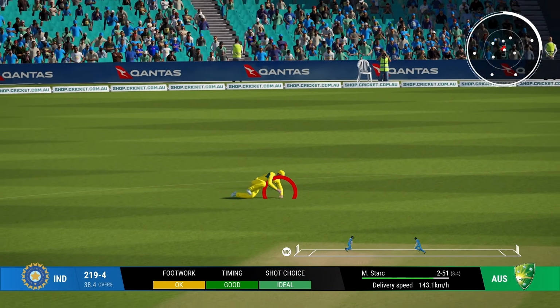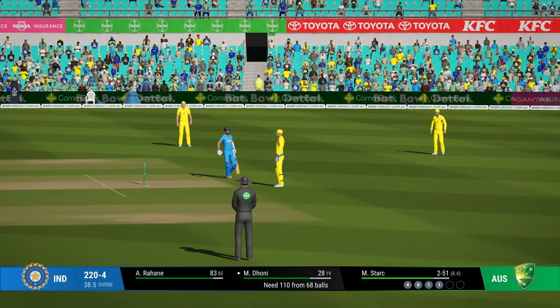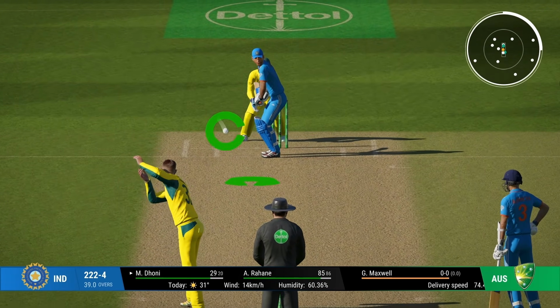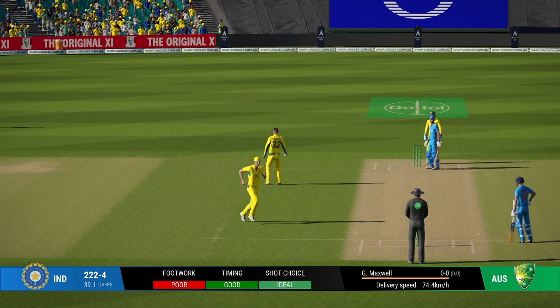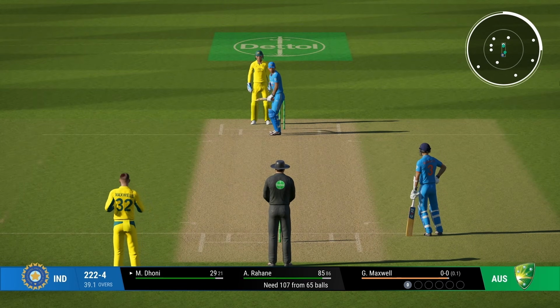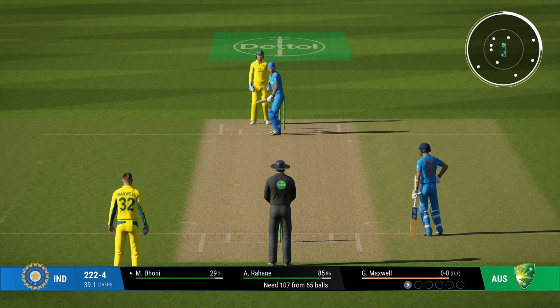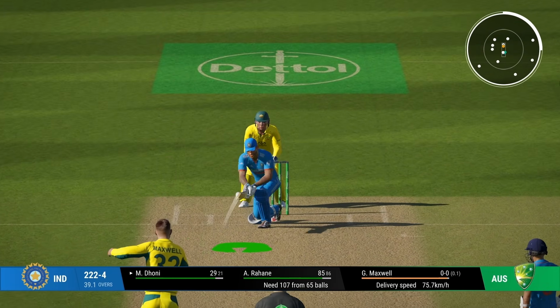Shot, open the face, still not in the gap. Why can't I get that fine? Solid in defense. Do I try to attack spin, or do I just try to keep it quiet? Because he might end up bowling 5 overs. Man, we need 10 runs an over. Might have to attack. Let's see if we can go for the reverse sweep.